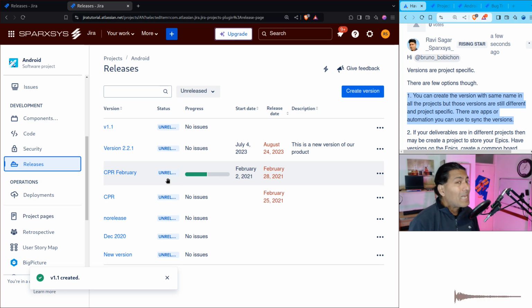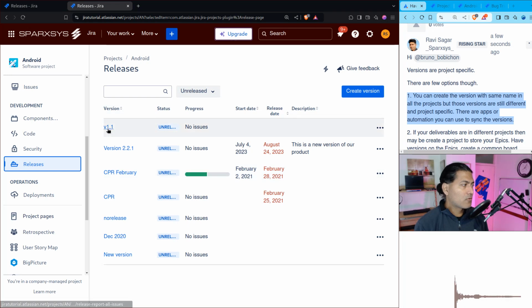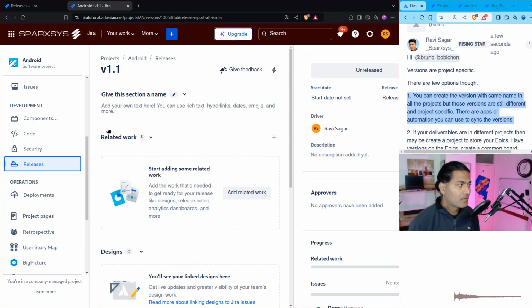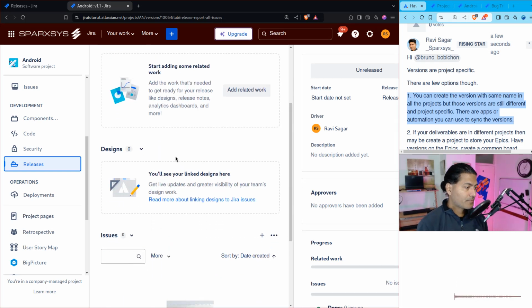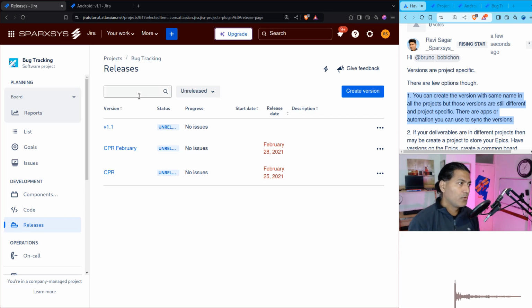Now this is something that many people do and have been doing for a long time, because that is how things are, and there is nothing wrong with this approach. Of course, you can't really have just one version and then release it and expect the other versions to be released. Fortunately, what you can do is, it depends how you're using it. You can use advanced roadmaps, and you can use then CPR, cross project releases, but even you can do this